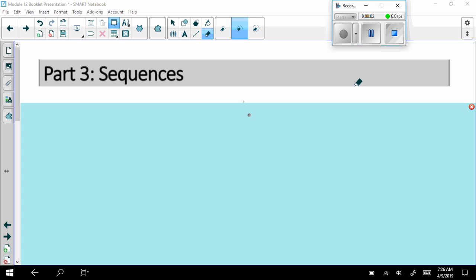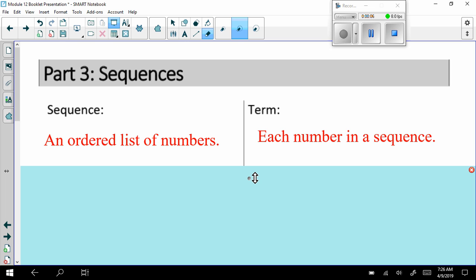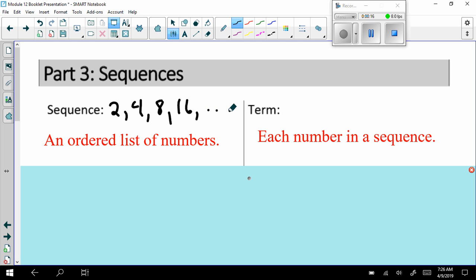In this video, we're going to start our little unit on sequences. Let's start by defining what a sequence is. Simply, an ordered list of numbers. So it could be 2, 4, 8, 16, dot, dot, dot, meaning that the list continues. And the term is each number in a sequence. So here, our first term is 2, our second term is 4, our third term is 8, our fourth term